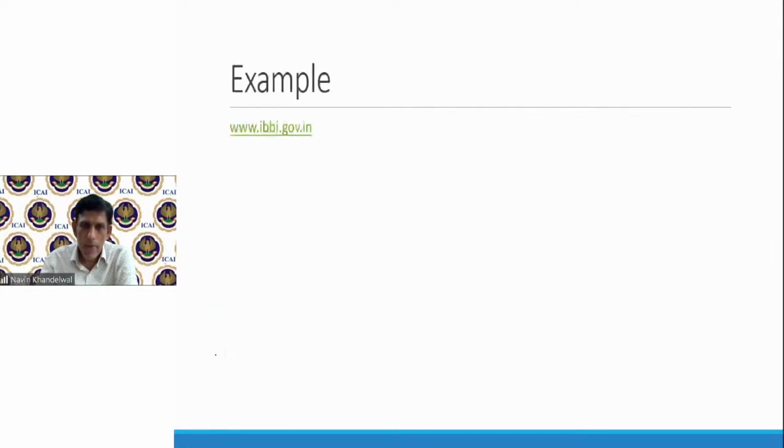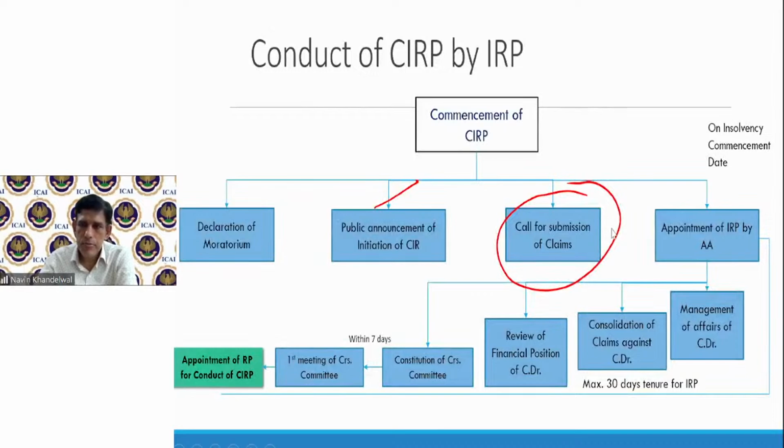So again, going back to the duties of IRP. What is he going to do? Public announcement, first step. Call for the claims, second step. Management of affairs of CD. Review of financial statement of CD, that we have seen now. But what is he going to do with the claims? He has called for the claims. The claims have been received. What next? So friends,